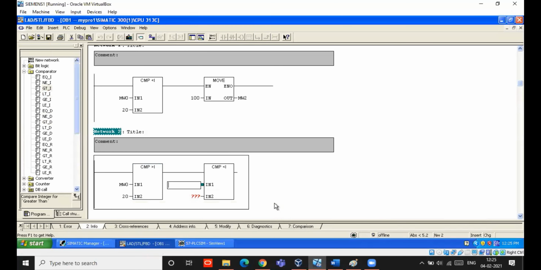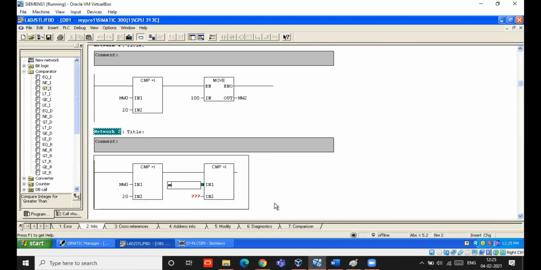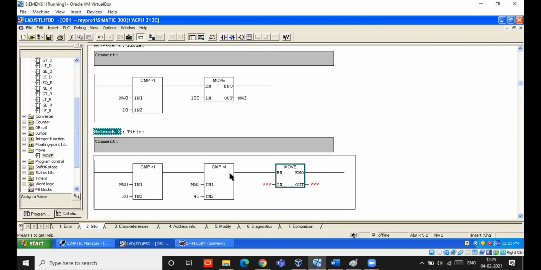So greater than 20 and less than 40. So if value is like this, you have to connect this to a move block. So now how much percentage? 80%. I think it is 80. Yes, 80% should be moved to the analog output.